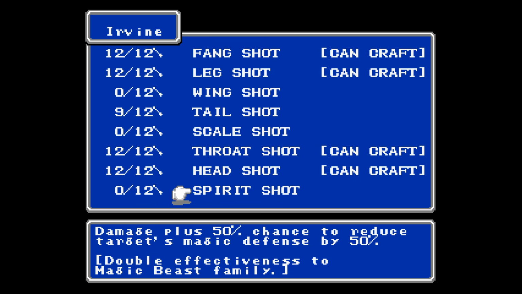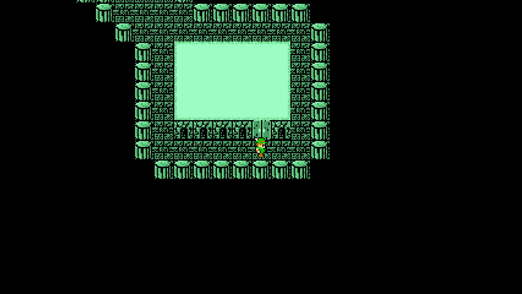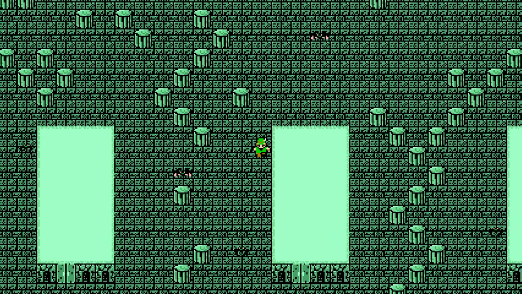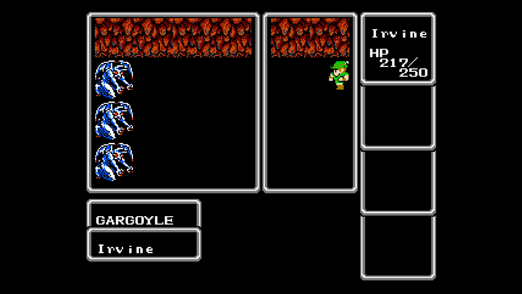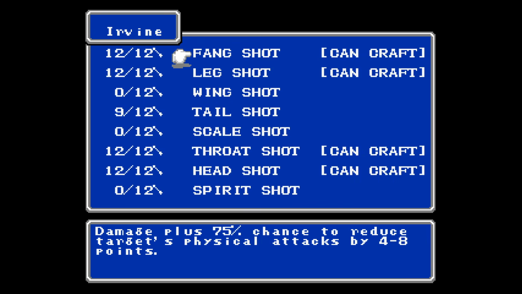Yeah, double effectiveness against magic beasts. But if that only applies to the status effect rather than the damage value, which is what I think that means, we don't do magic damage, so that's absolutely worthless. Although it is kind of crazy if you can drop a magic beast's magic resistance to 0. Like, that means they're basically auto-killed by...